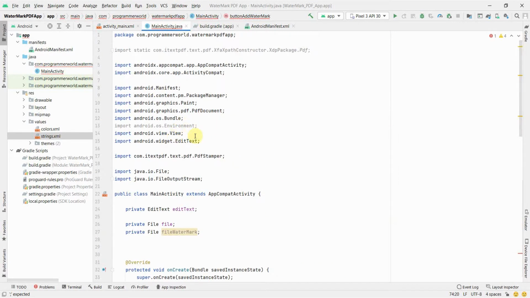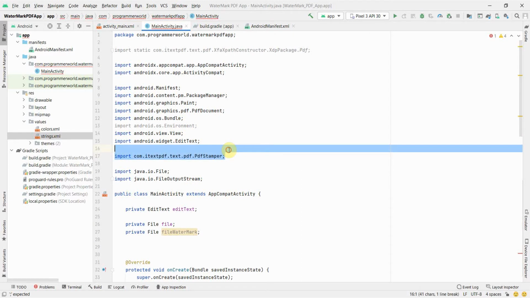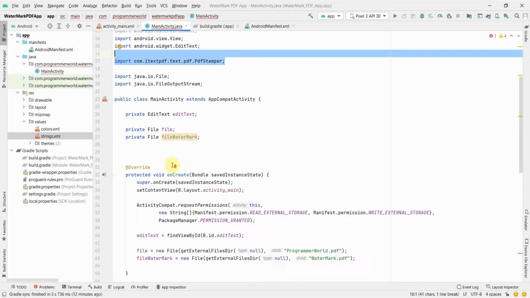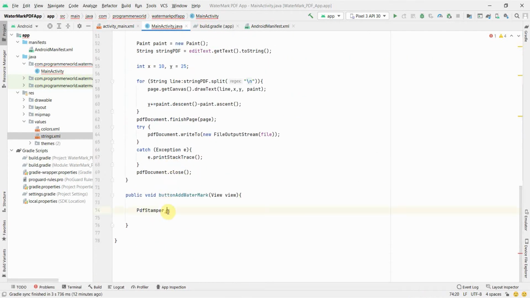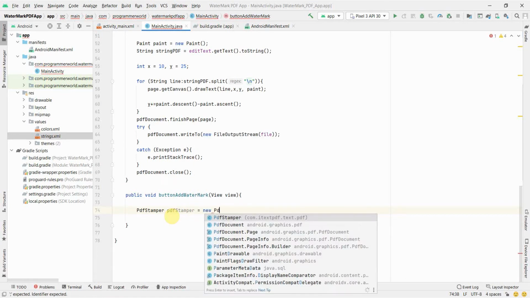So if I go up and try to see, it should have been imported here. You can even import first and then type it, or otherwise you type and Android Studio will smartly give you that option.